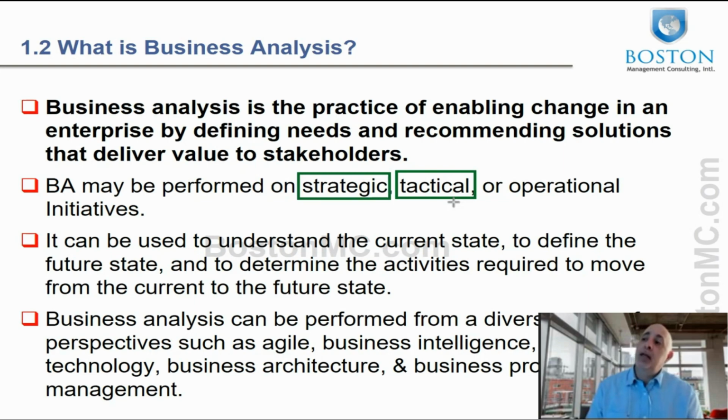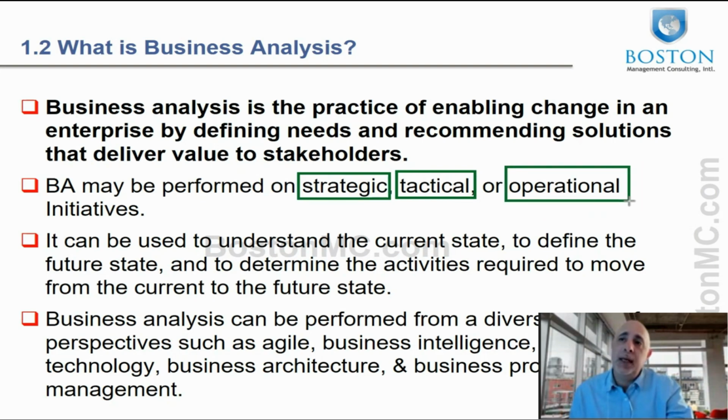So if you say, in our strategy, we will do a slow, unnoticeable entry into Singapore so that competitors are not shaken, right? That's a strategy. What's the tactic? Well, we're going to open a small office, or we're going to partner initially. That's a tactic. This is how you will do it. The strategy is the big picture plan, and the tactics are the smaller level steps that you take so that you can implement that strategy. Operational initiatives could be your day-to-day that you guys are involved in. But a BA can find themselves doing any of these things.